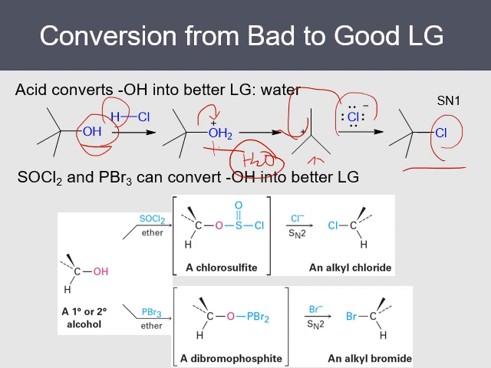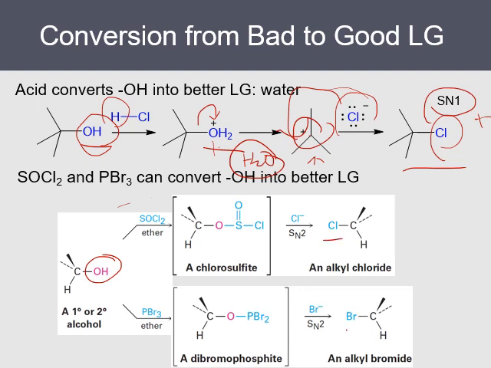And this reaction is an SN1 reaction. Why? Because it has two steps. It forms a carbocation and then chloride attacks. So two steps, carbocation involved. That's an SN1 reaction. Now in chapter 10, we learned alcohols, particularly primary and secondary, can be converted into